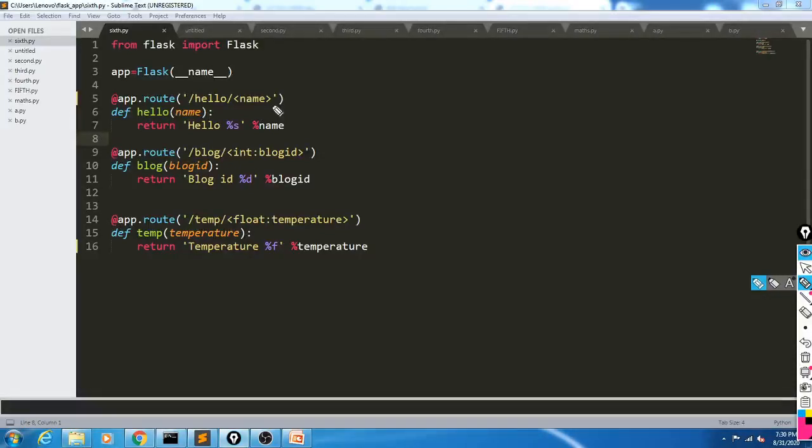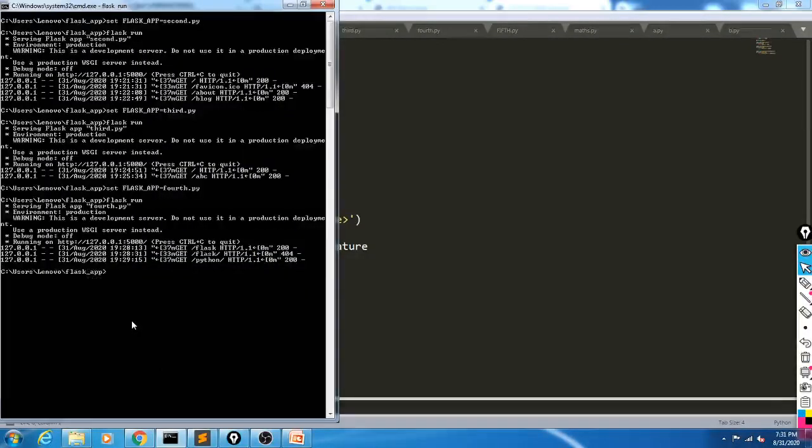By default, the data type is string. Okay, and what is the function associated with this URL? Hello. And here we have passed the variable name, and we can call it with the help of %s and %name. Okay, execute this one. So the name of this script is sixth. Assign this to the Flask application.